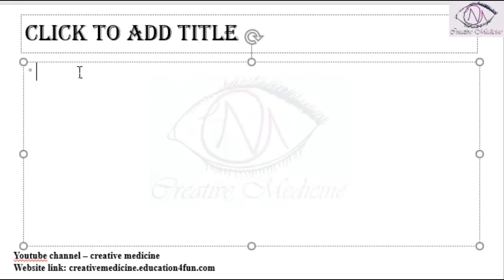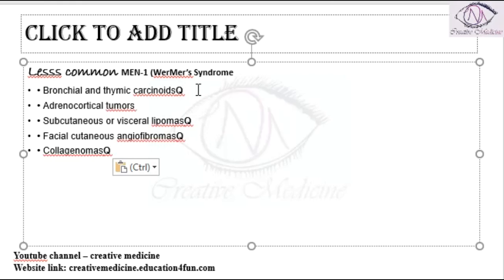In Wermer syndrome, we have less common manifestations. These include that the patient will develop bronchial or thymic carcinoids. The patient will have adrenocortical tumors. Subcutaneous or visceral lipomas can be seen, and facial cutaneous angiofibromas and collagenomas are less common manifestations of MEN1 or